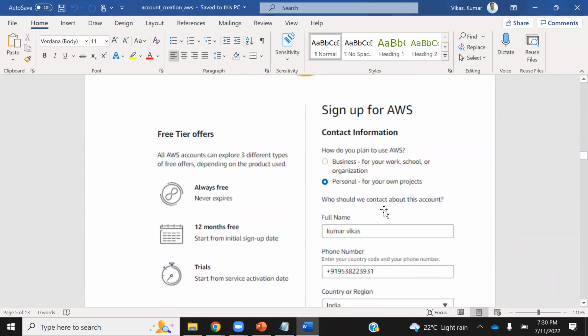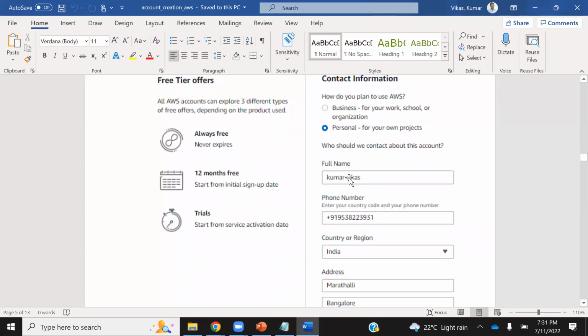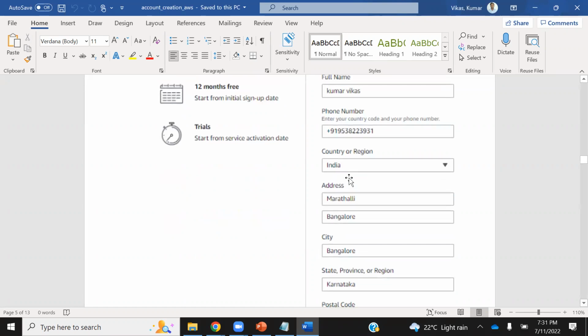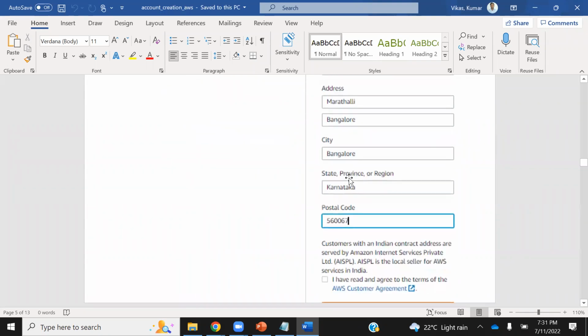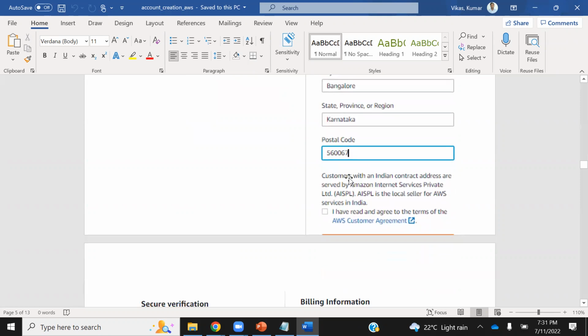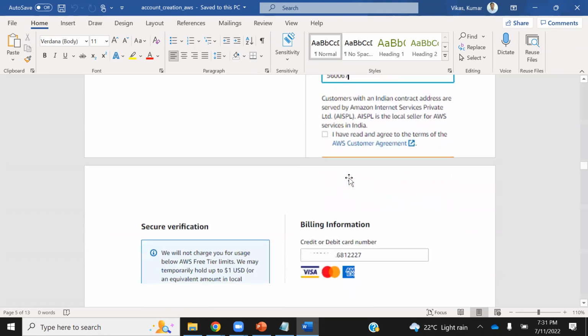The second confirmation here is, it asks whether you will be using it for a business purpose or for personal use. Just now I told you, you have an enterprise account and you have a free account. If you're using it for personal, mostly you'll be using it for learning purpose. So make sure that you say personal. Then provide your details like your name, mobile number, and address. At the end, say I agree with whatever you have told, and go ahead. So this is step number 2 done.